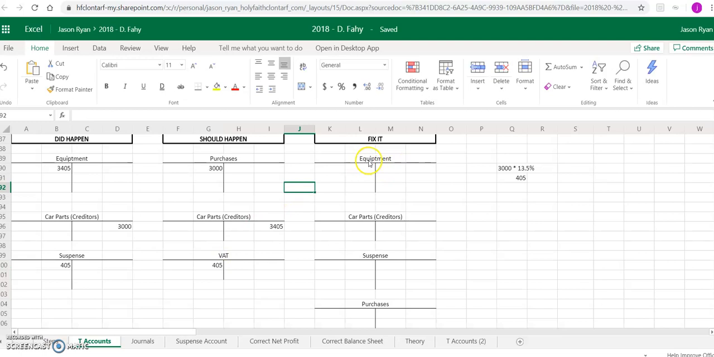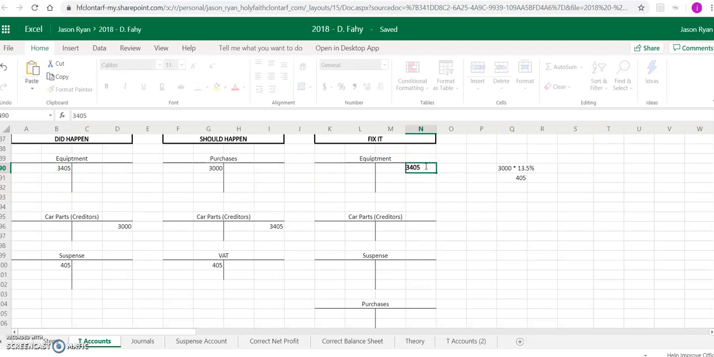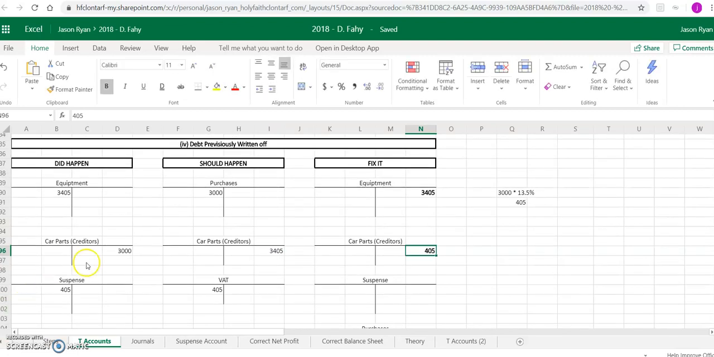How do we fix it then? So equipment, we have equipment of 3,405 there on the debit side. We don't need it, so we want to credit that account with 3,405. Car parts then should be 3,405, so we're going to credit car parts of 405. Our suspense then has got 405 on the debit side, so we need to get rid of that 405